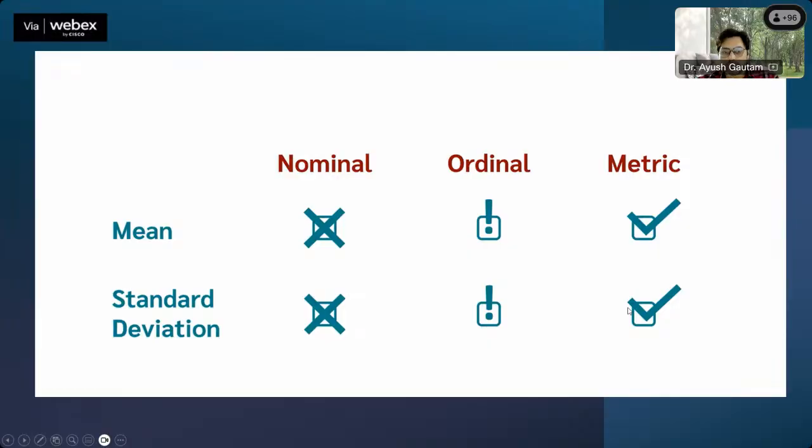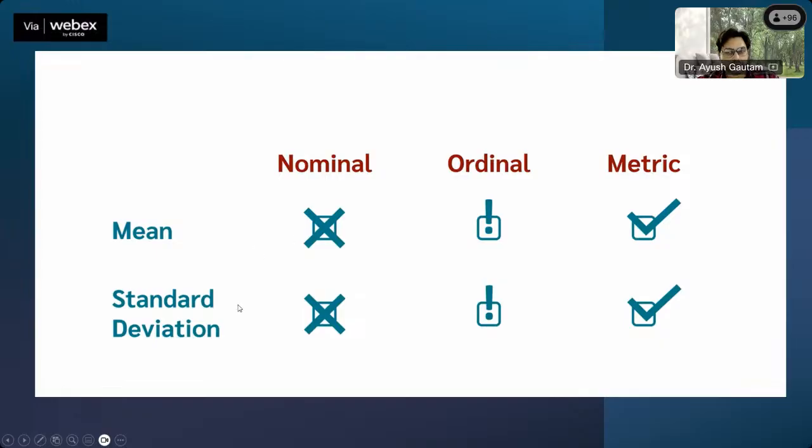Now this is the most important thing. If you want to calculate the mean of the data, then you can only calculate the mean of metric data. You cannot calculate the mean of nominal data. You can calculate the mean of ordinal data in a very specific scenario, not always. If there are some conditions and those conditions are satisfied, then only you can calculate the mean of the ordinal data, but you can always calculate the mean of the metric data and you can never calculate the mean of the nominal data. Similarly for the standard deviation. Now metric data is the combination of both ratio and interval data. What the ratio and interval data are, we'll see. But this concept has to be clear: when can we calculate the mean and when can we not.